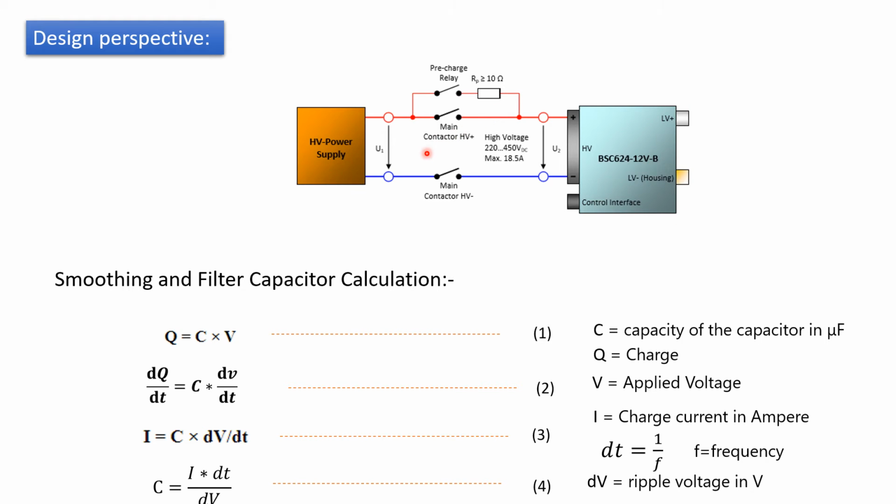Most designers make the mistake of taking the input supply and directly connecting the capacitors right after rectification. If you do so, what will happen? Capacitors act like a short circuit in the initial condition. It is basically a bucket, ready to take any amount of charge coming from the source. So if you switch it on, the entire current goes and fills it.